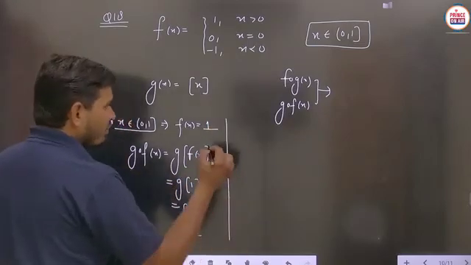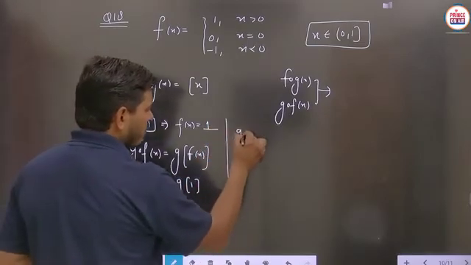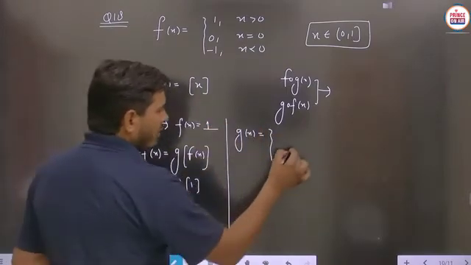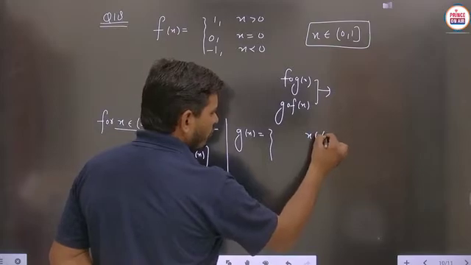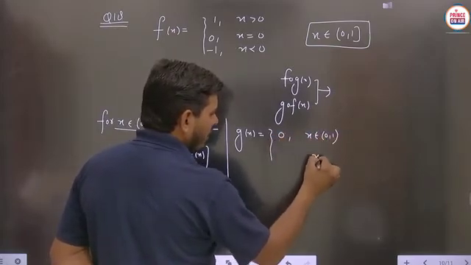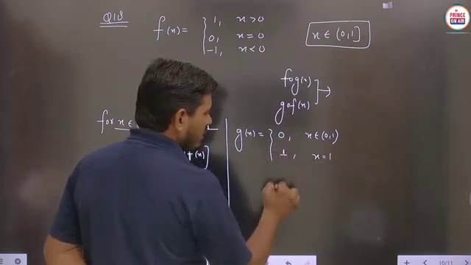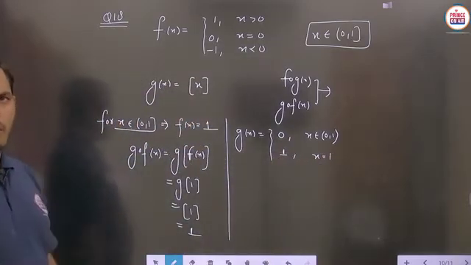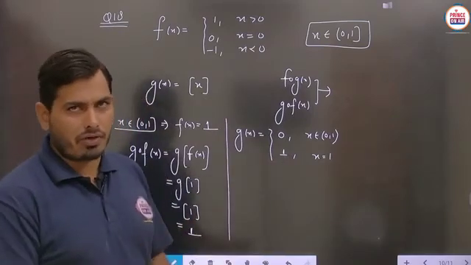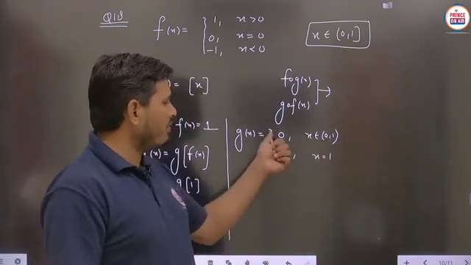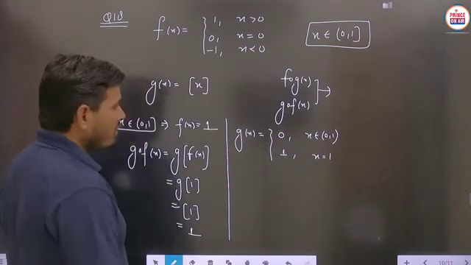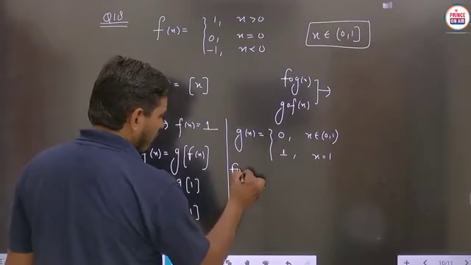Now, secondly student, we have to define the g(x) function also. The g(x) function will give two answers, because for x belonging to the open interval 0 to 1, the answer will be 0, and if we take x equals 1, then the answer is 1. You know very well the definition of the g(x) function. It is the greatest integer function. So from 0 to 1 the answer will be 0, and for x equals 1 the answer should be 1.